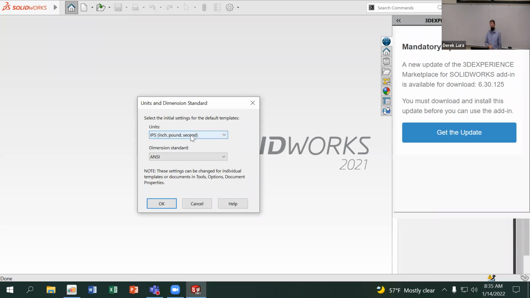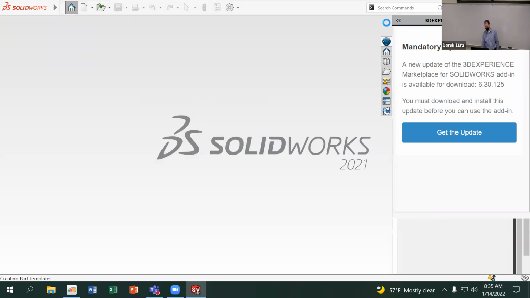And I'm going to use IPS for my unit system. If you guys already have a different default unit system, you can remember that you can change the unit system in SolidWorks using the menu on the bottom right-hand corner of the screen. I'll show you that after my SolidWorks finishes loading the part. Probably loading all my default settings. I haven't run SolidWorks on this computer yet this semester. So you can see down here, I have IPS. That's my default unit system. If I click on that, once it loads again,